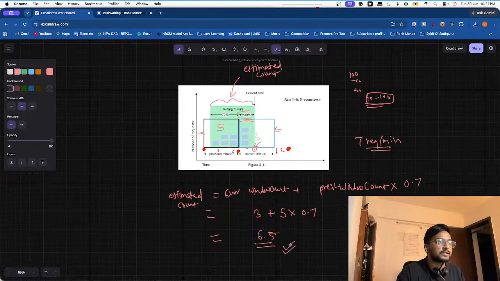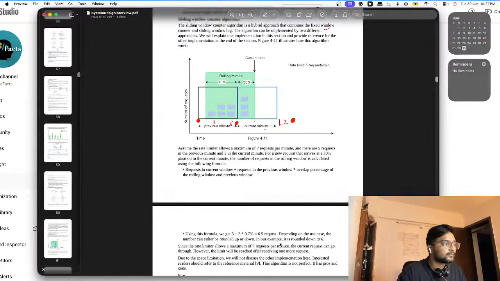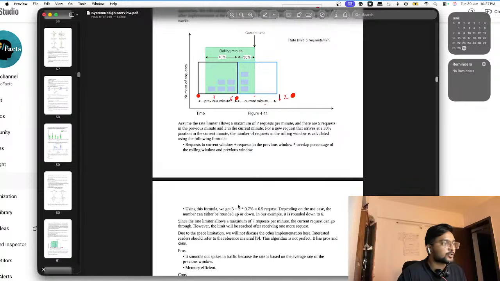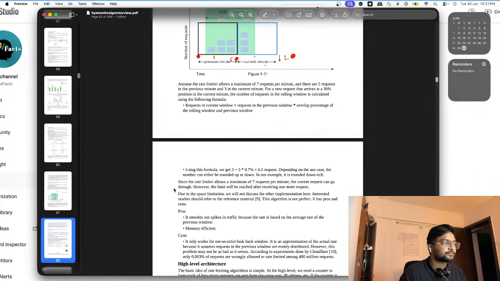What they say is that using this formula, we get 6.5 requests, and depending on the use case we need to think about whether to round up or round down, but we will keep it really simple. In our example, it is rounded down to 6. So since 7 is allowed, the current request will be allowed. Pros and cons हम बाद में देखेंगे. So